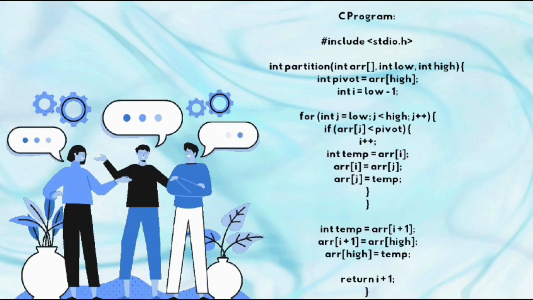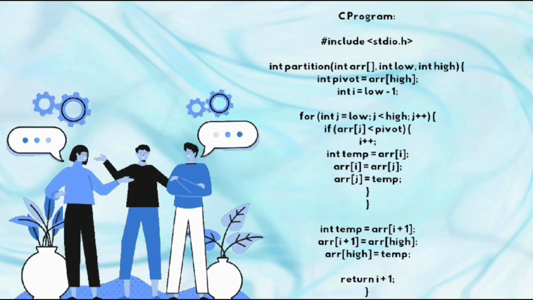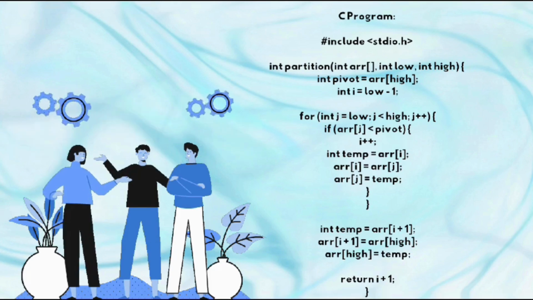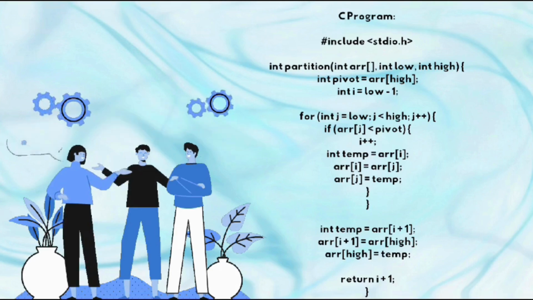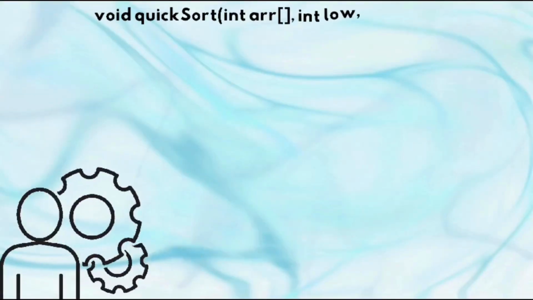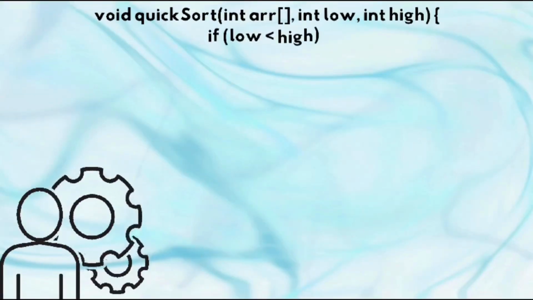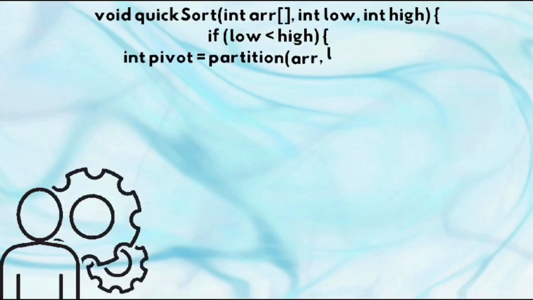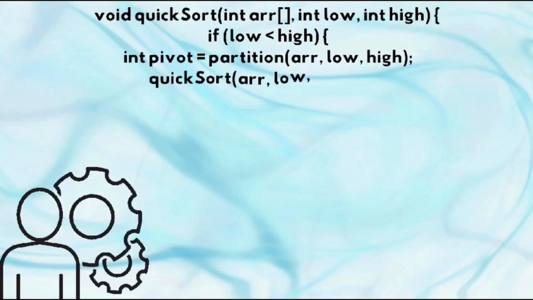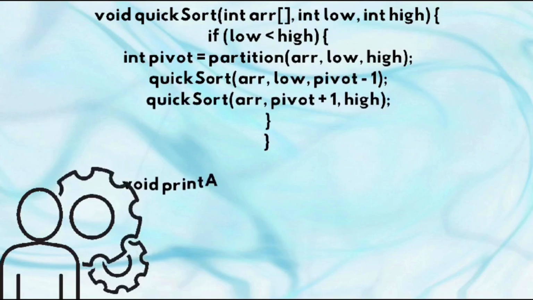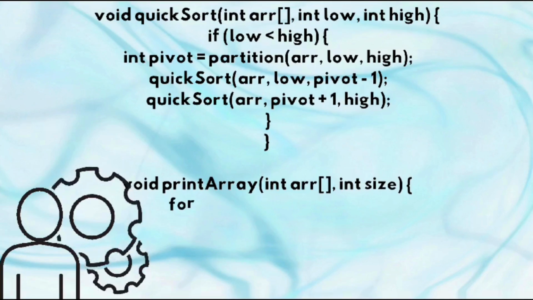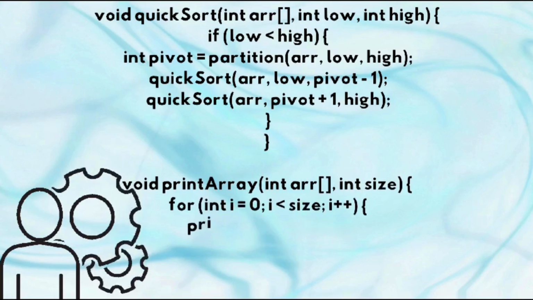int temp = arr[i+1]; arr[i+1] = arr[high]; arr[high] = temp; return i+1; } void quicksort(int arr[], int low, int high) { if (low < high) { int pivot = partition(arr, low, high); quicksort(arr, low, pivot - 1); quicksort(arr, pivot + 1, high); } }